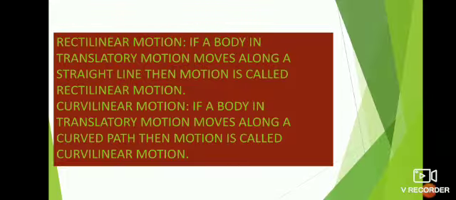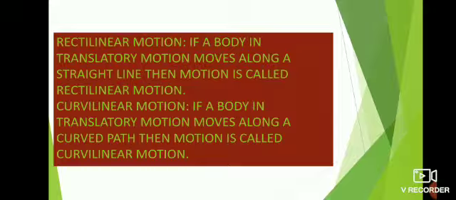Here you have given two types of translatory motion: rectilinear motion and curvilinear motion. So what is the definition of rectilinear motion? If a body in translatory motion moves along a straight line, then the motion is called rectilinear motion. So how should a body be in translatory motion in rectilinear motion? It should be along a straight line. So if a body in translatory motion moves along a straight line, then that motion is said to be in